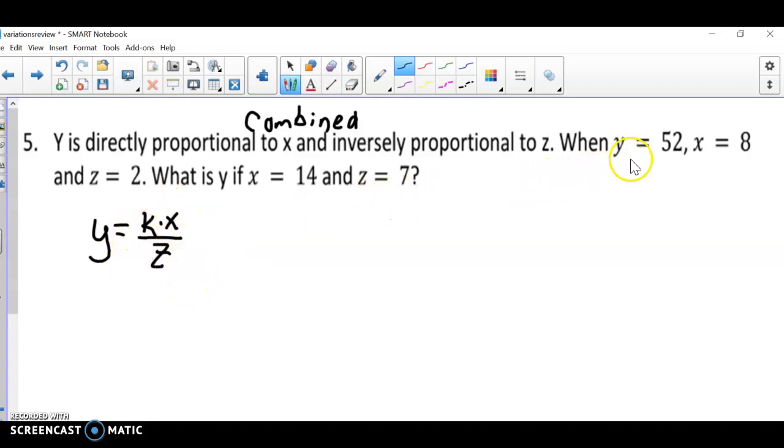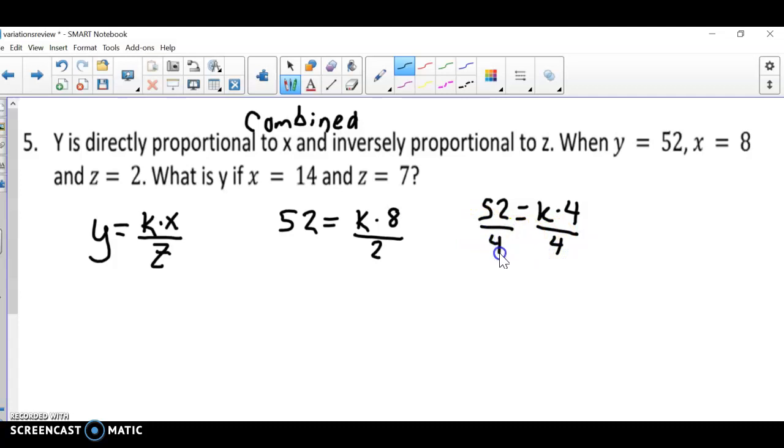Now I want to use these values, the first ones it gives us, to find k, so I'm going to plug them in. So y equals 52, I leave my k alone, x is 8, z is 2. I'm going to simplify this side. I have k times 8 divided by 2. I can do 8 divided by 2 is 4. So 52 is equal to k times 4. And now to get k by itself, I need to divide both sides by 4. And I get k equals